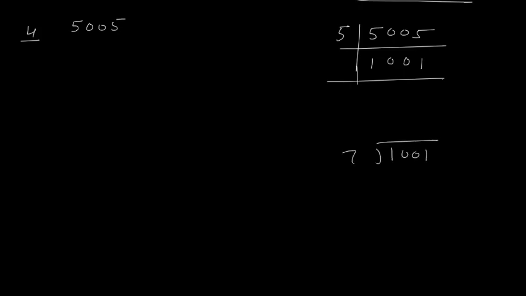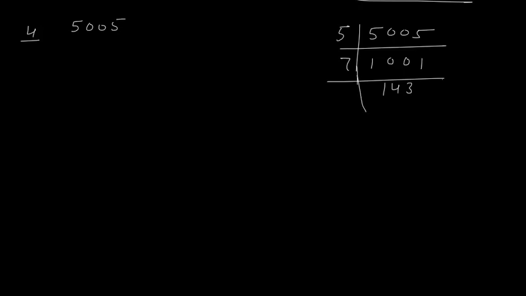If I divide by 7, 7 ones are 7, 3, 30, 7 fours are 28, 2, 21, 7 threes are 21. Okay. So with 21 I can divide it with 7. So I will write 7, and here I will get 143. Now this 143, again check with 7 if I am able to divide. So 7 to the 14, I cannot divide with 7.